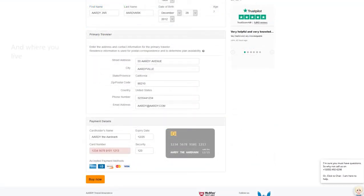The hope is that you won't have to use your travel insurance and that you'll have a fun and enjoyable trip. It'll take you no more than 2 minutes to run a quote, and you'll be able to compare the products, the plans, the prices, and the all-important coverage levels so that you can make the right buying decision